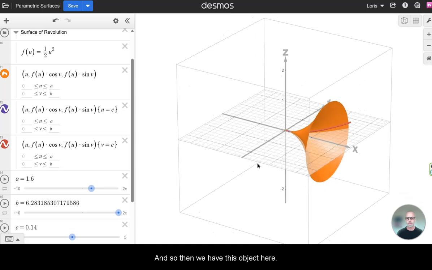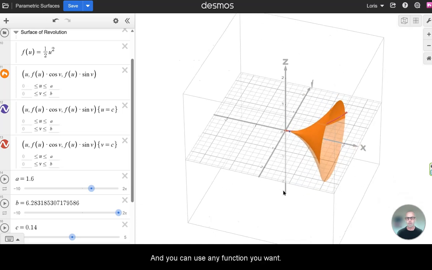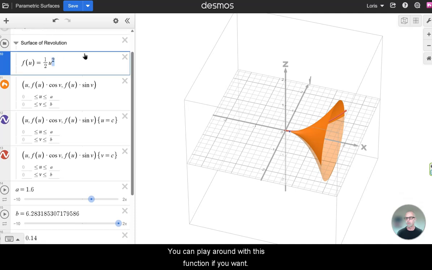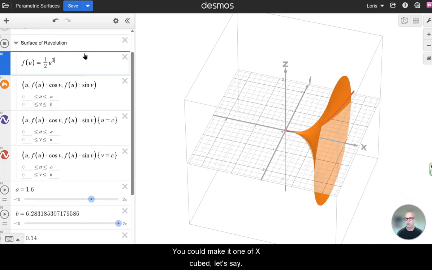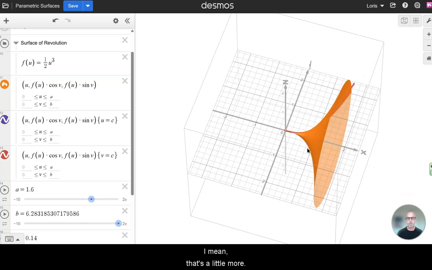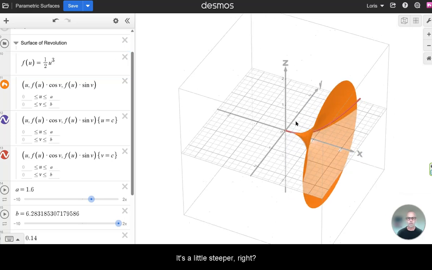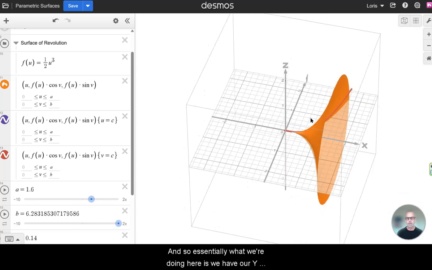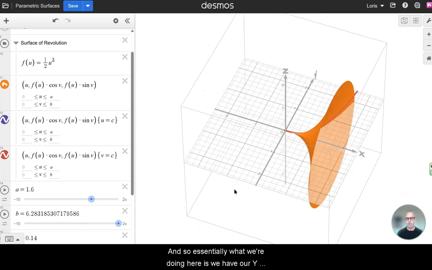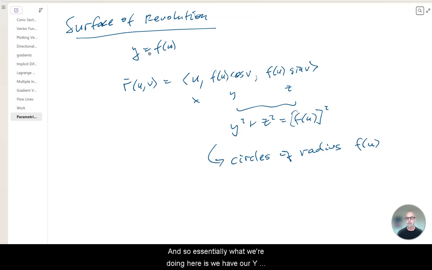And so then we have this object here, and then you can use any function you want. You can play around with this function if you want. You can make it 1/x cubed, let's say, and then it's a little steeper, right? And so essentially what we're doing here is we have our y equals f of u, not f of x in this case, and then we have our vector function u, f of u cosine v, f of u sine